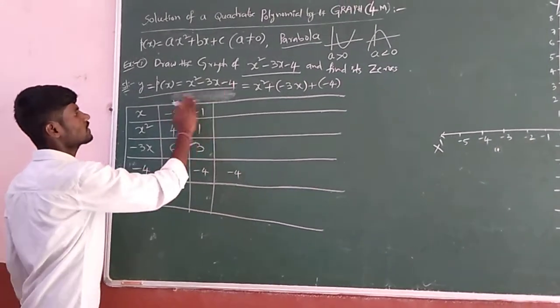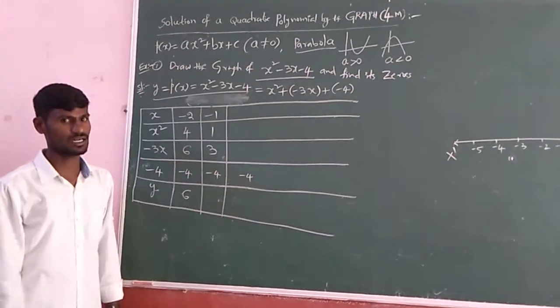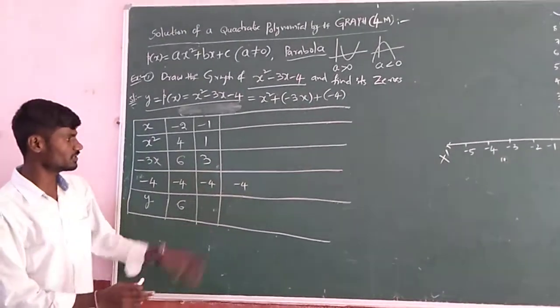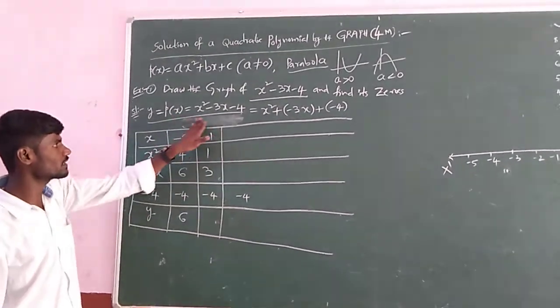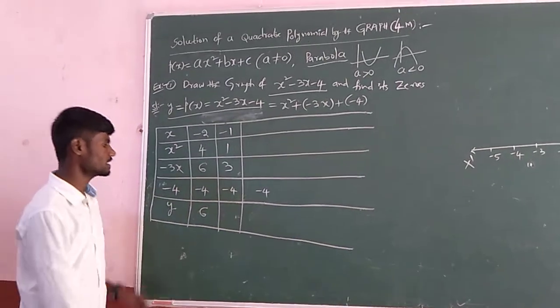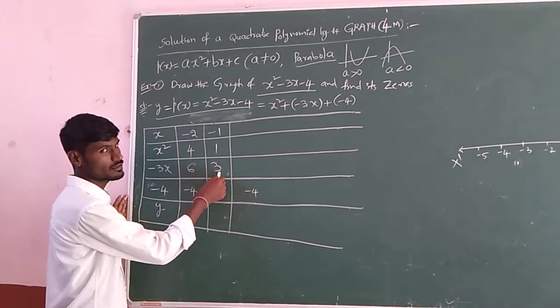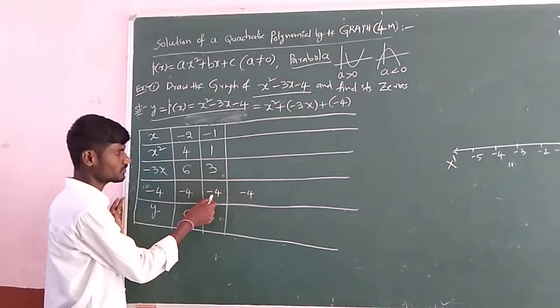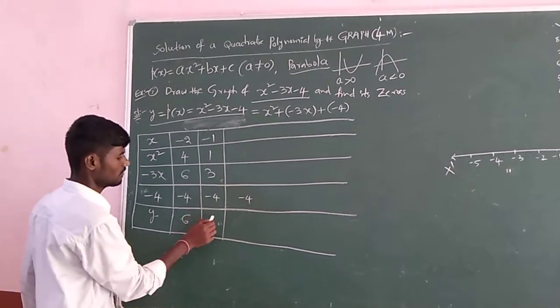So this work you have to do in rough work. Or if you are able to do it faster, then you may do it directly, but in general you should do it in rough work. Next, see here: 1 plus 3 is 4, and it is minus 4. Addition of all these, so what will we get?